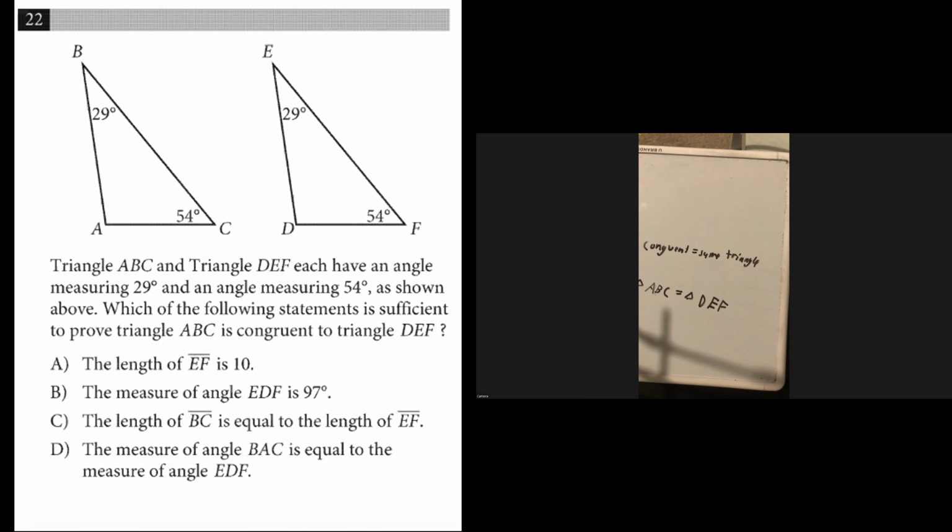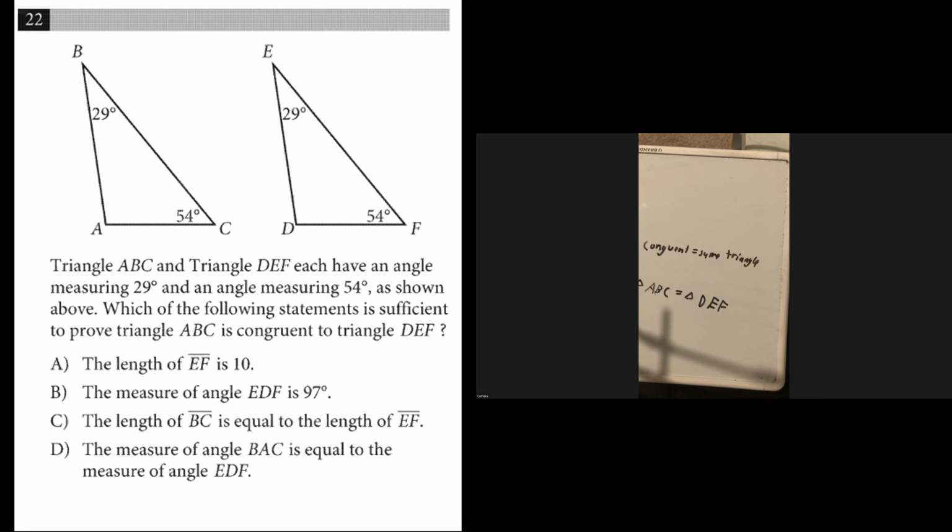Okay, so for this one, we're given two triangles, and we're asked which of the following statements is enough to prove that ABC is congruent to DEF? And so congruent basically means how do we prove that they're the same exact triangle? And so we know that angle B and E are the same, and angle F and C are the same. So the thing is that